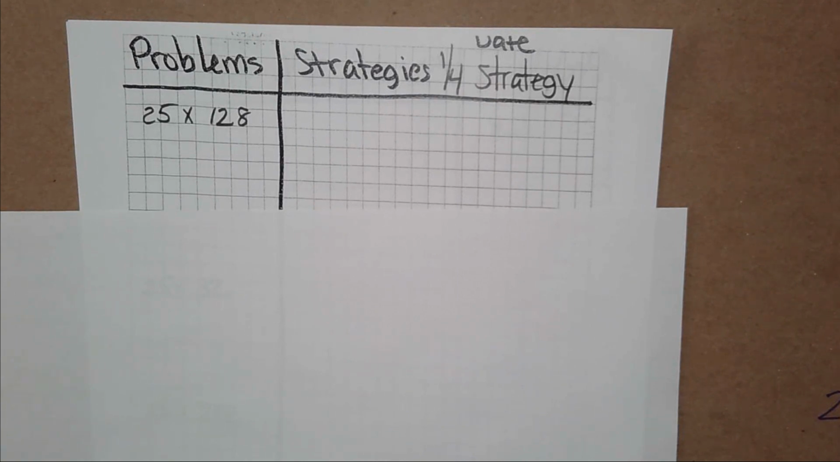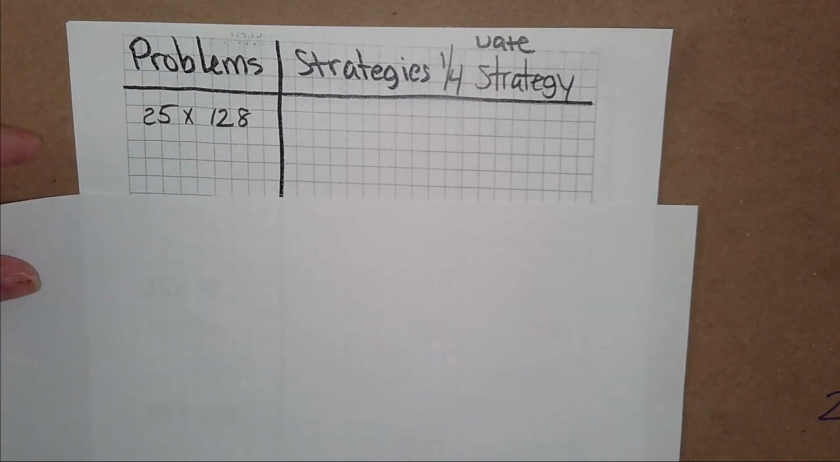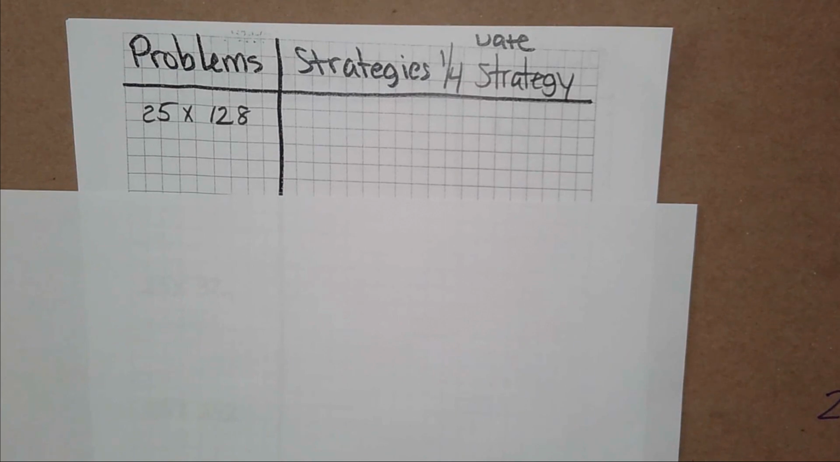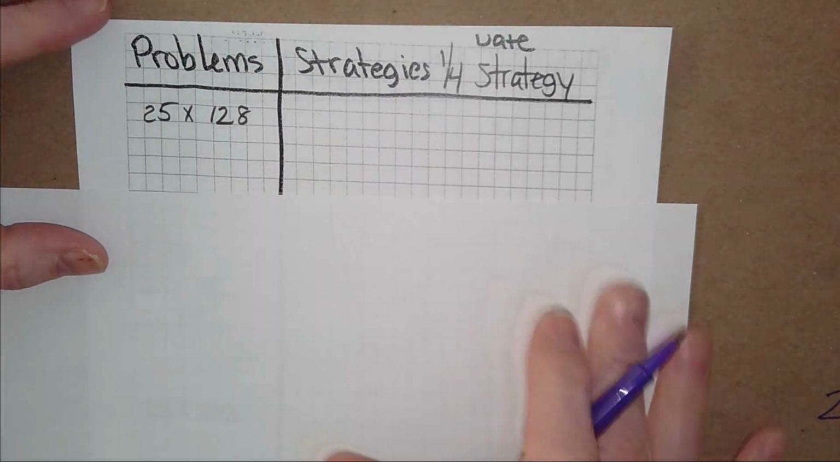This will work if you multiply anything times 25. So pay attention. If you get it, fantastic. If you don't get it and want to know more about it, just let us know, and we'll take care of it. So 25 times 128, if you remember,